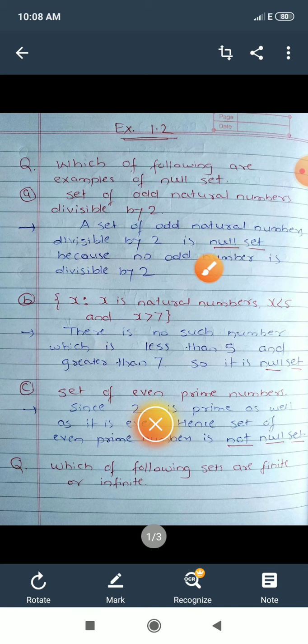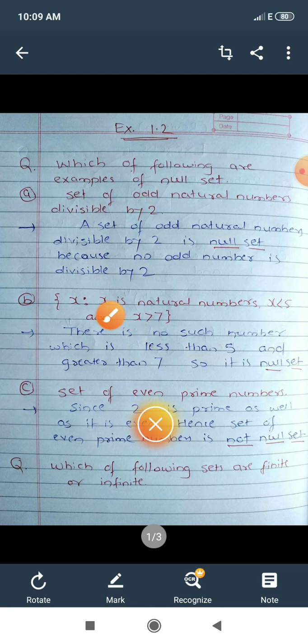because no odd number is divisible by 2. That's why it is a null set, because we don't have any elements which belong to this set. That's why it is known as the null set, having no elements. Moving on to next,